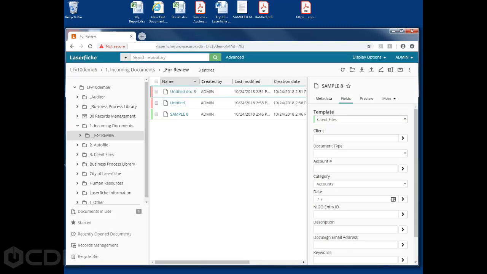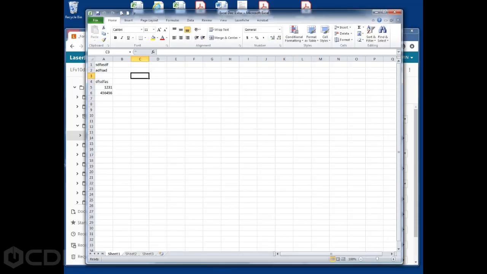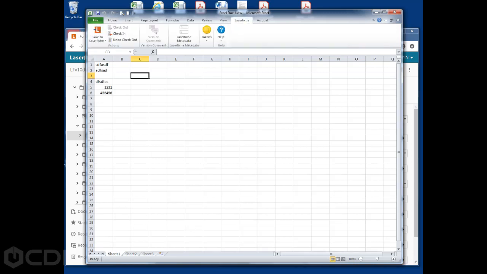Laserfiche also provides an Office integration that allows you to integrate your Office products with Laserfiche. If installed, you'll get a Laserfiche tab in your Office applications, whether it be Outlook, Excel, Word, or PowerPoint. Clicking on the Laserfiche tab allows us to do many things. We can save the document if it's a new document, or save documents as versions, and even overwrite an existing